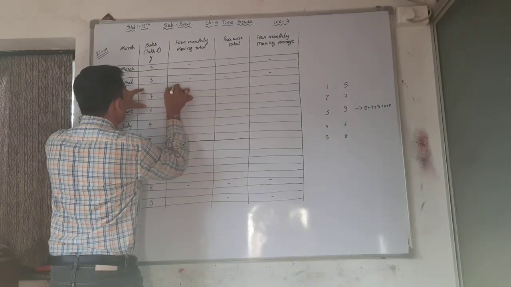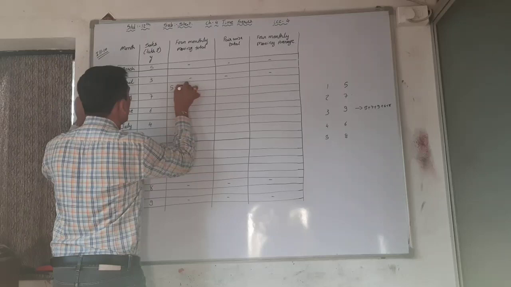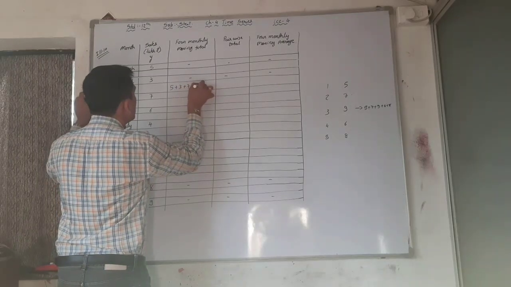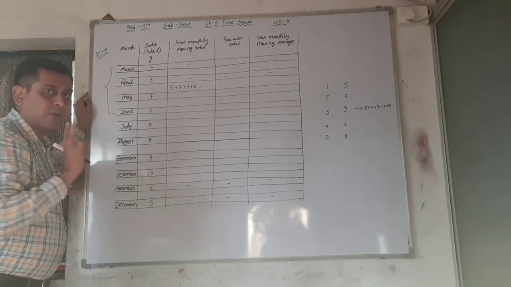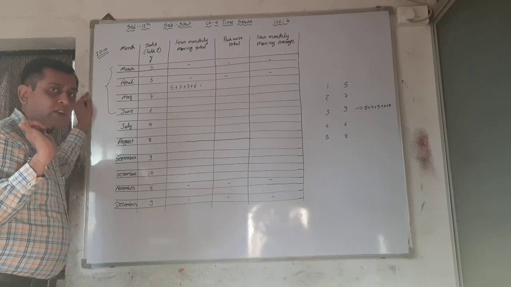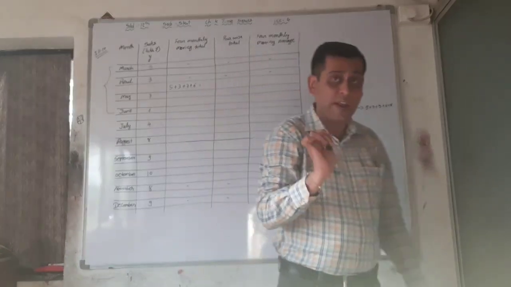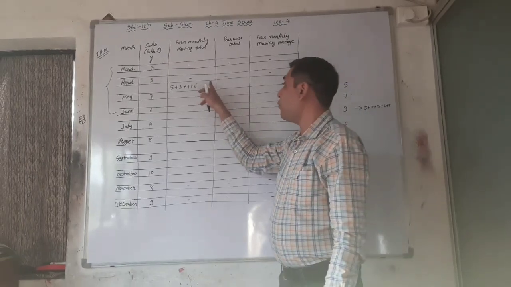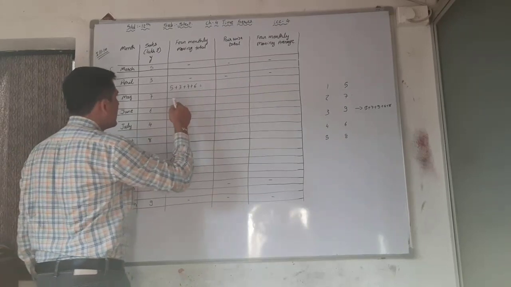That is 5 plus 3 plus 7 plus 6. See here in illustration number 8 and 9. Then we just divide the total and find out the 3-year moving average or 4-year moving average. But here, if we are writing here as well as here, see, that's the next part.